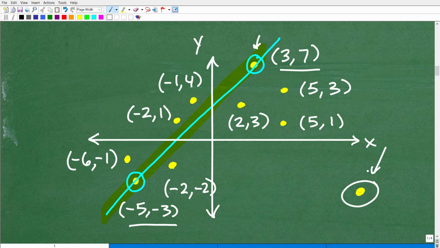So we'll just disregard it, because the bulk of the data that we want to represent with a line is right here. So we're going to use this point and this point. Now, the objective here, and this is where I'm going to be testing your current algebra skills, is